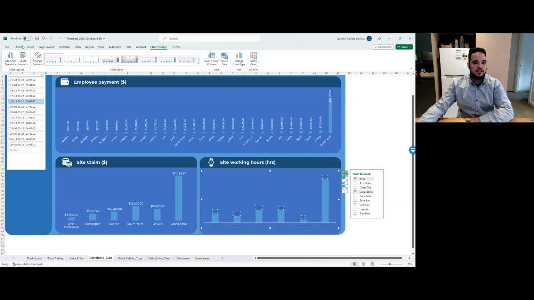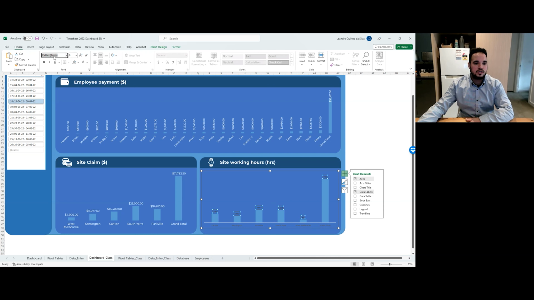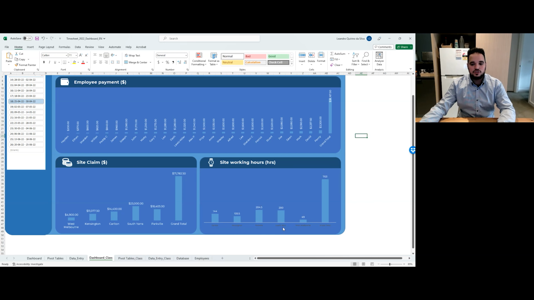I want you to click on home. I want you to click on Montserrat, and I want you to click on number 10 and also white. That's all I want you to do. Once you have done that, I want you to select this data down here and just check this white line. We are going to delete it. Okay, so select it, select the data,